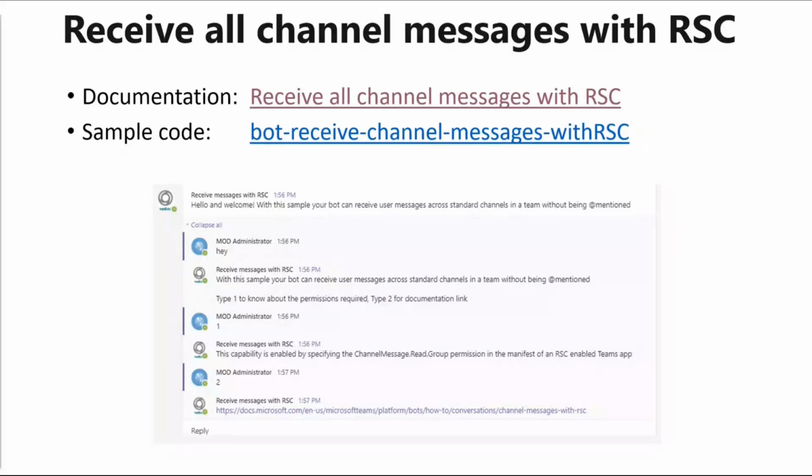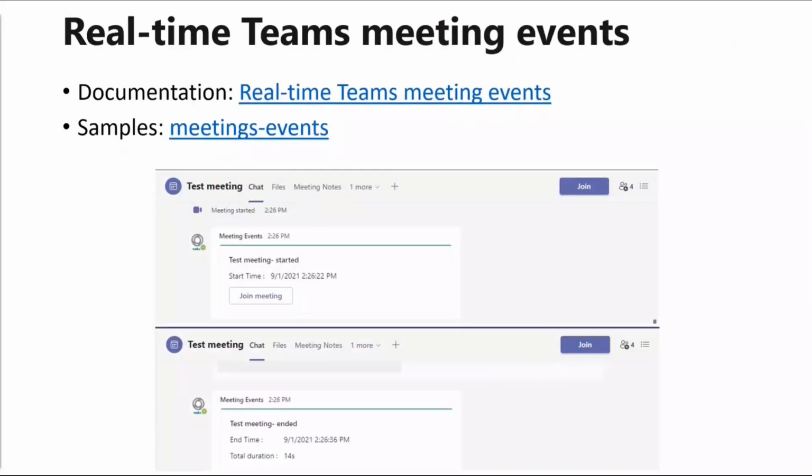Next in the line is for real-time events. The user can receive these real-time events for the meeting. As soon as any app is associated with a meeting, the actual meeting start and end times are shared with the bot. So we just have a demo wherein we'll show you how your bot would receive the notification, and then you could take some action to send back in a channel, maybe welcome somebody to the meeting.